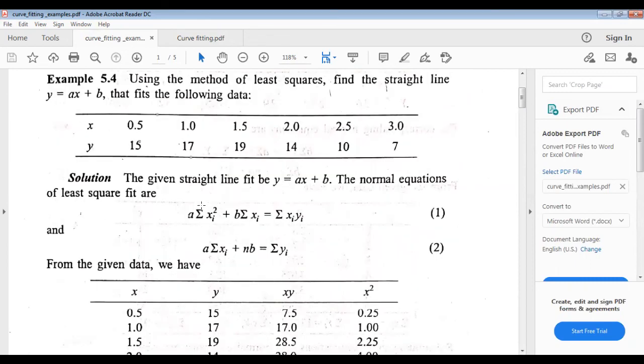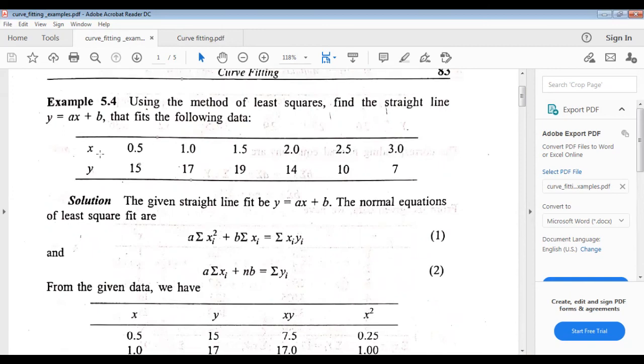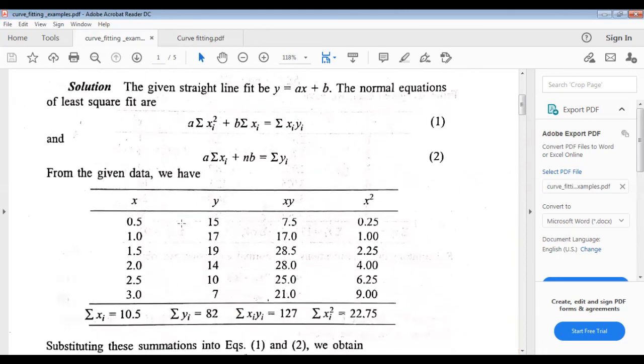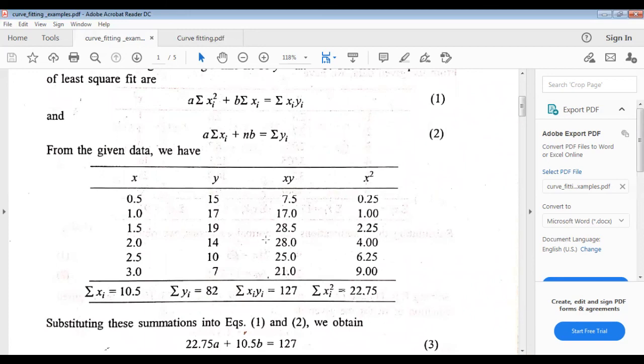a sigma i equal to 1 to n xi square plus b sigma i equal to 1 to n xi equal to sigma i equal to 1 to n xi yi, and a sigma i equal to 1 to n xi plus nb equal to sigma yi. Here, n is 6. We make a table of values x, y, xy, and x square. We calculate sigma xi, sigma yi, sigma xi yi, and sigma xi square,